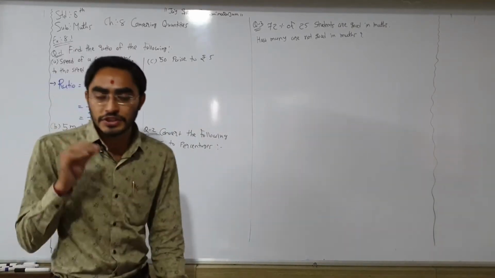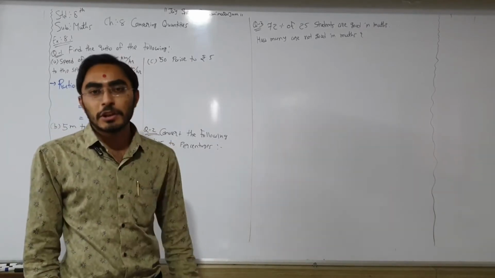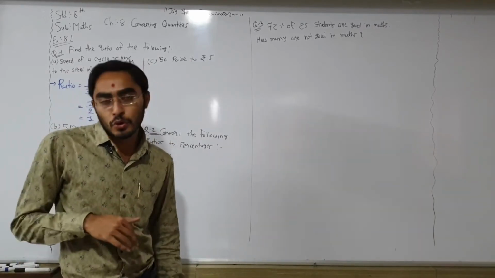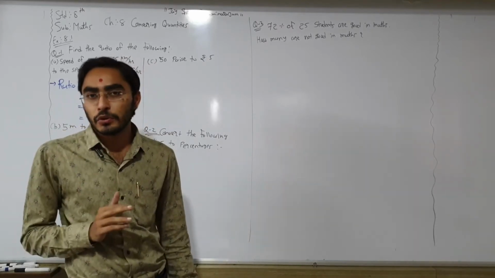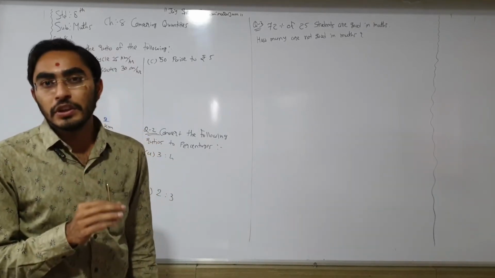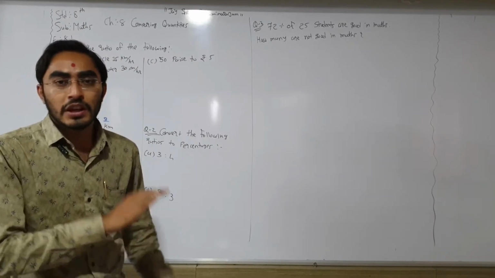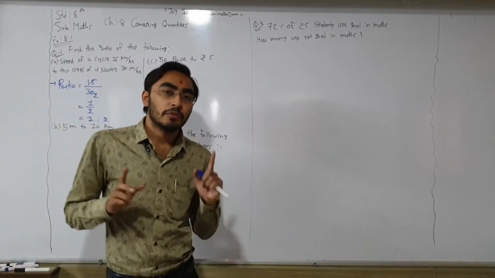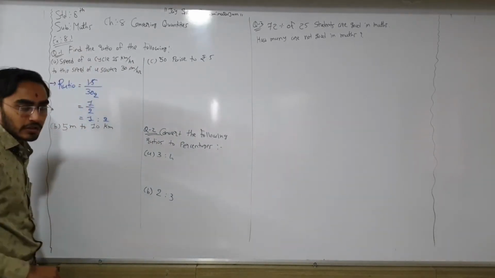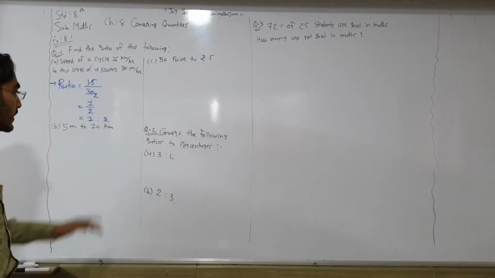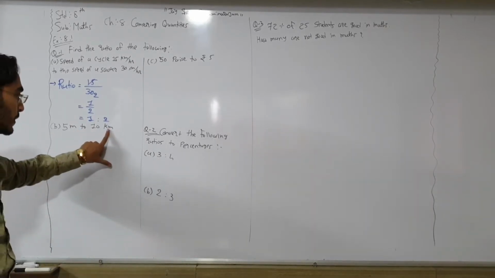Because if we change a big unit to a small unit, then we use multiplication. But if we want to go from a small unit to a big unit, then we need to use division. Multiplication is easier than division, so that's why we are going from big unit to small. Between meter and kilometer, which unit is big? Kilometer is a bigger unit than meter. So just convert big into small.